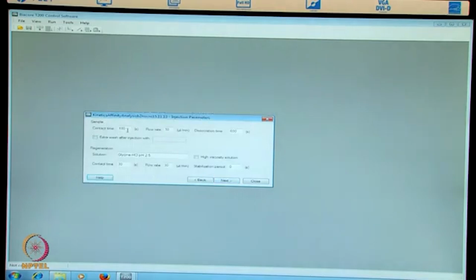The sample contact time of 180 seconds is selected. Flow rate of 30 microliter per minute is selected. Dissociation time of 600 seconds is selected. Coming to the regeneration, solution is glycine HCl pH 2.5 with a contact time of 30 seconds, flow rate of 30 microliter per minute, stabilization time of 0 seconds. And we now go on to the next tab